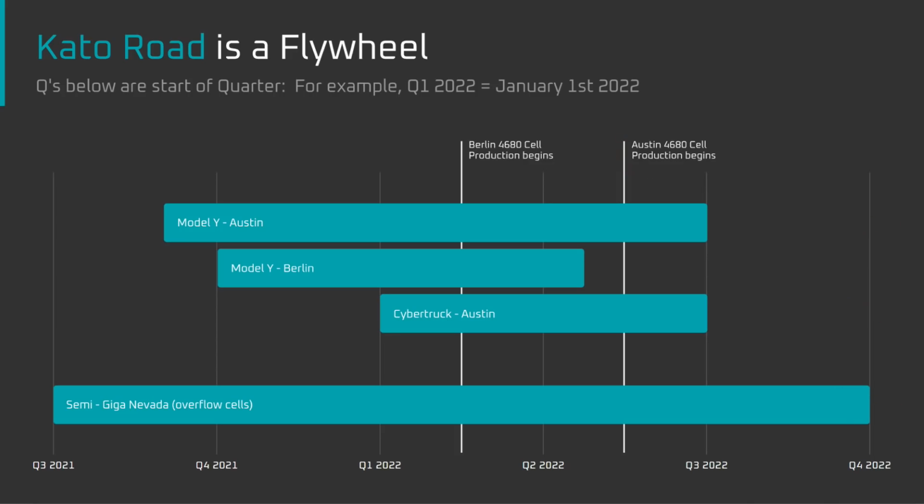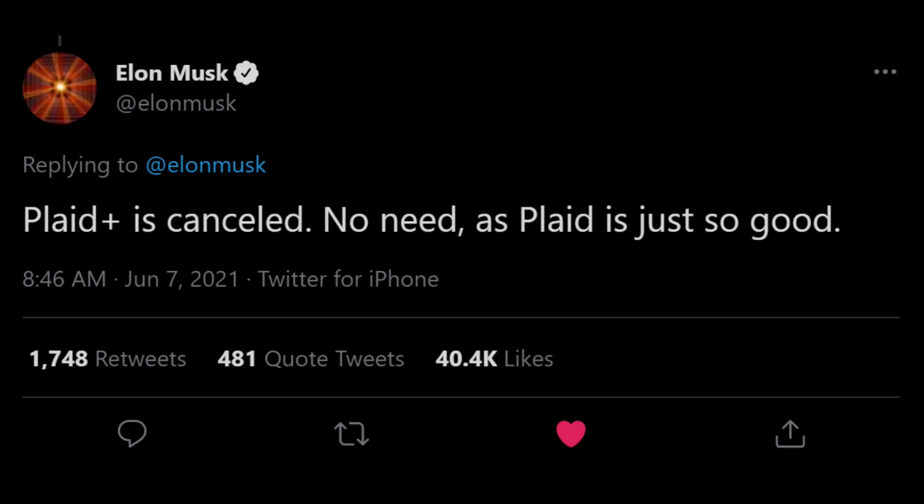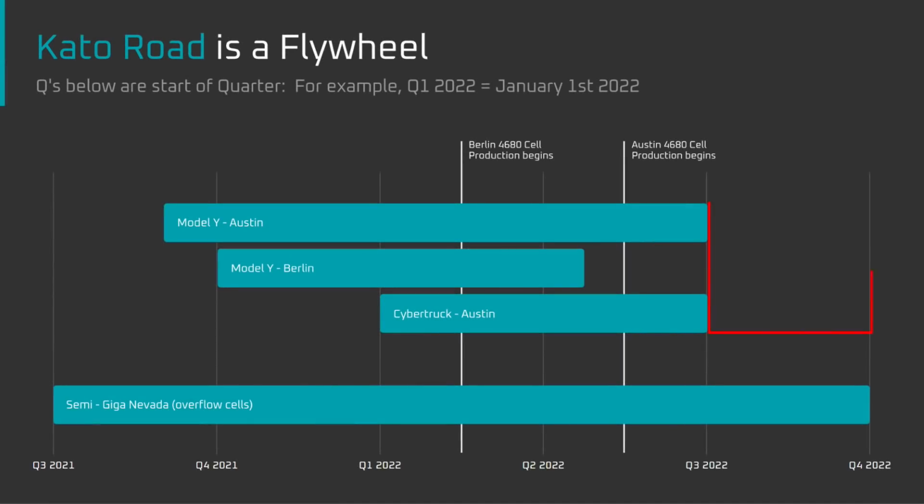Originally, this timeline assumed that there would be a Plaid Plus Model S that would start absorbing cells from the Kato 4680 line in late 2022. But that's now changed. Elon just dropped a bomb this week stating that the Plaid Plus Model S is canceled. I haven't had time to process this new information, and it would take another video to explain why I think Tesla made this choice. Regardless, in late 2022, when Berlin and Austin are fully supported by their local 4680 lines,